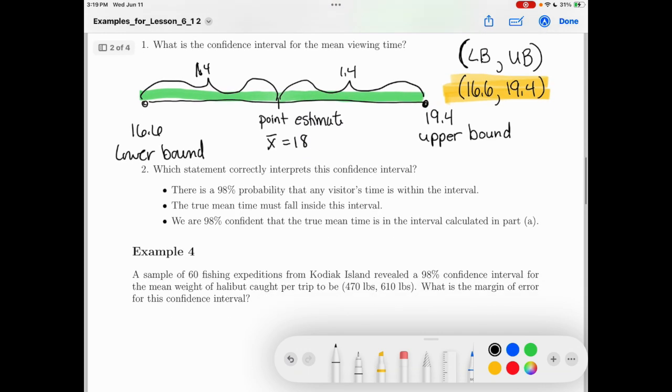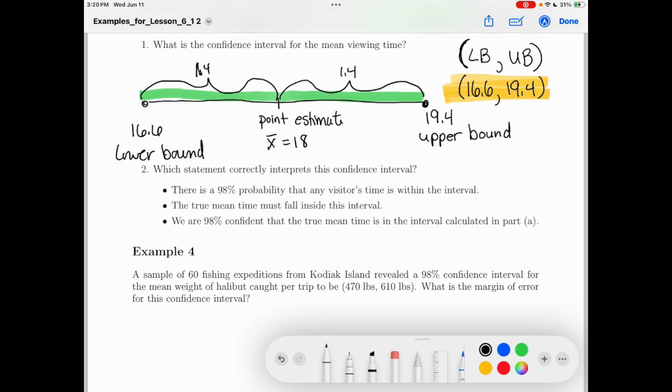Now let's look at the second part. We need to be able to interpret this as well. Whenever we interpret a confidence interval, we always want to state first what the confidence level is. So we would say, at a certain confidence level, or we are a certain percent confident, and then you state that the population parameter falls between these two values. We always want to start with: we are, and fill in the blank with the confidence level. We are a certain percentage confident